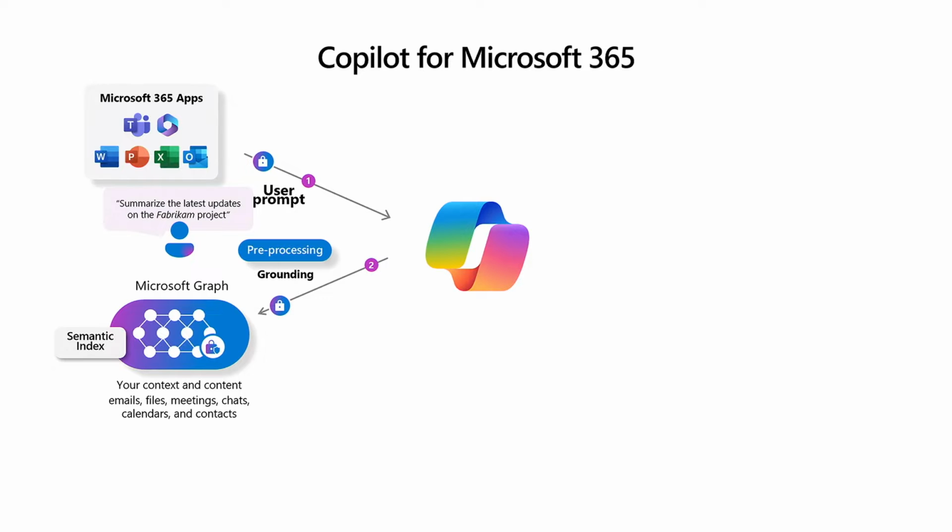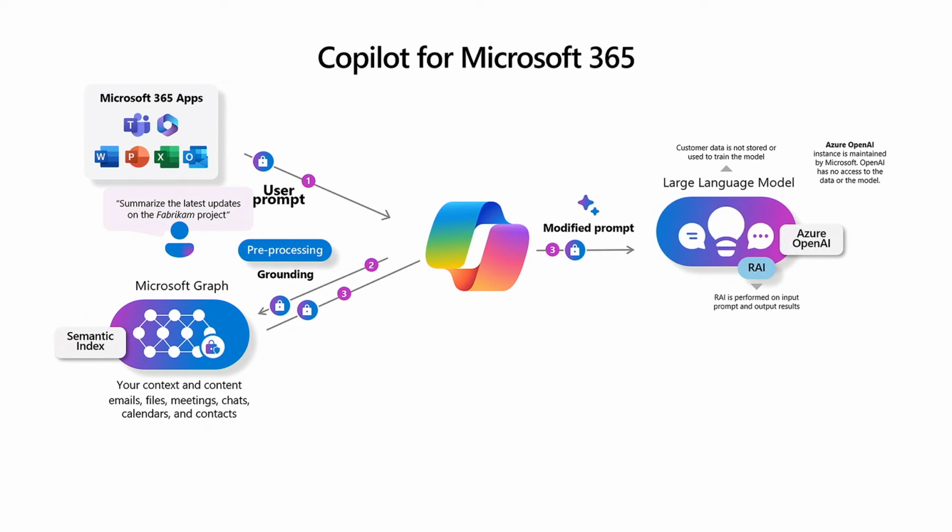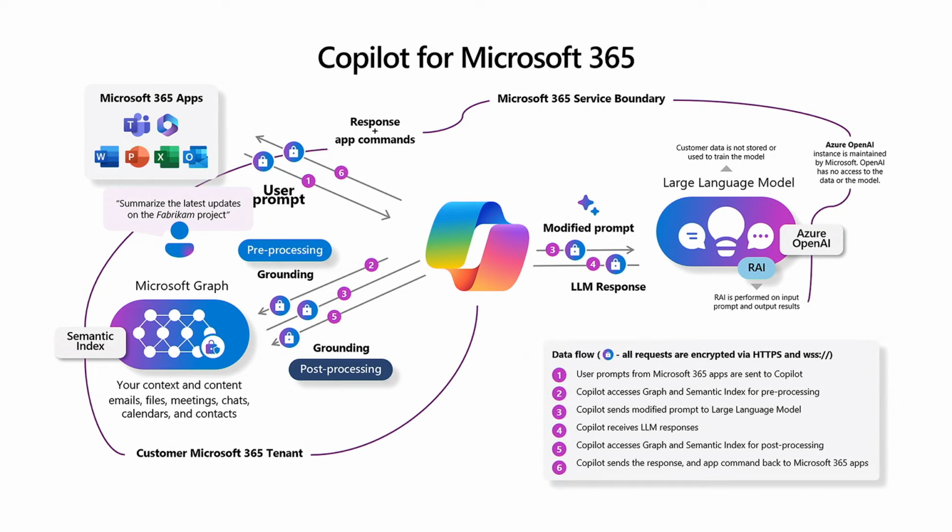And based on the query, it takes the most recent and relevant of that information, it combines it with the user's initial prompt, and it sends that modified prompt that contains all the information that Copilot needs to answer it to a stateless deployment of the large language model running inside the Microsoft 365 compliance boundary. The large language model processes the information, generates the summary, and sends it back to Copilot, and it finishes the grounding process, in this case, by taking all of the pieces of information that it referenced and creating citations in the response, and then returning that response back to the user in the context of where they asked it.